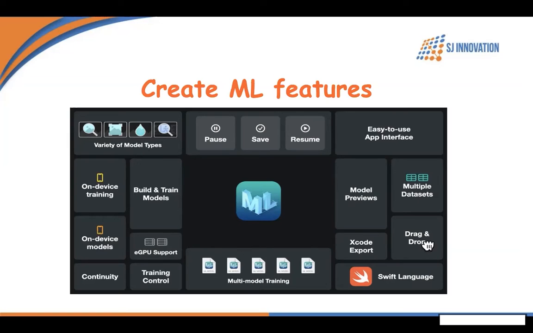You can preview model performance with Continuity, which allows you to use your iPhone camera and microphone on the Mac, or by adding sample data. You can drag and drop